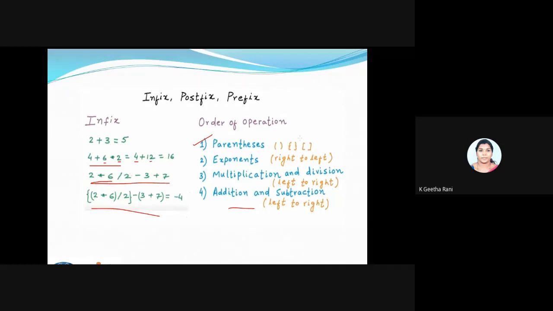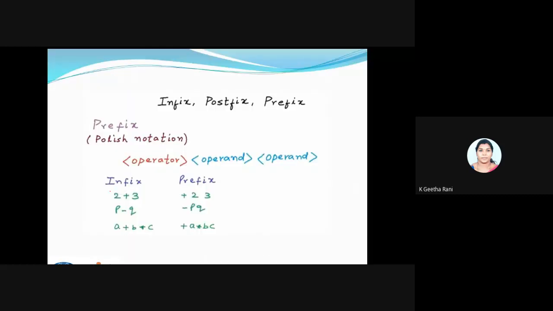The same example, but I've given it in brackets. So this bracket will make you do the operation in a very clear way. So again I'll be doing this, I'll be getting an answer, dividing that answer by 2. Then I'll be performing 3 plus 7. So this answer and this answer will be subtracted. Fine. So just work it out and see all those things. So I'm doing an infix expression here and doing an evaluation here. We know about infix in a greater way, so I'm not going to touch infix now. I'm going to see prefix.